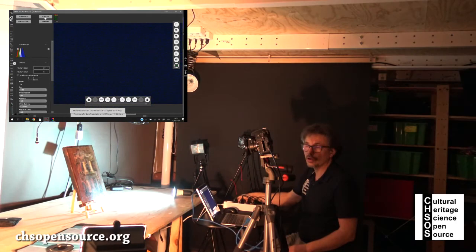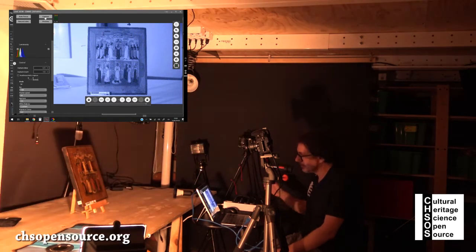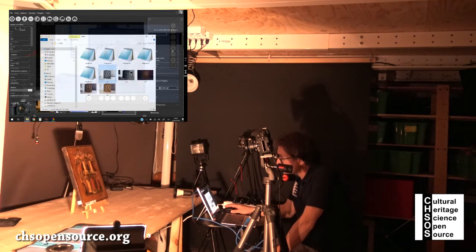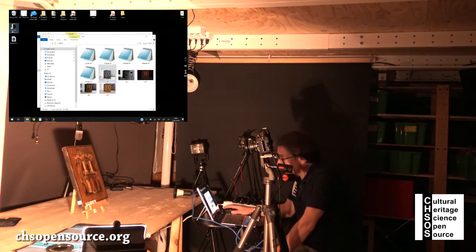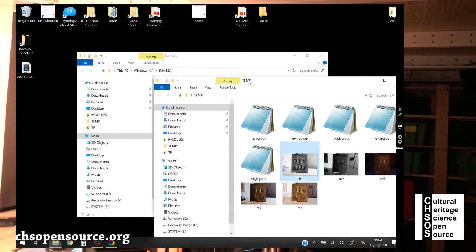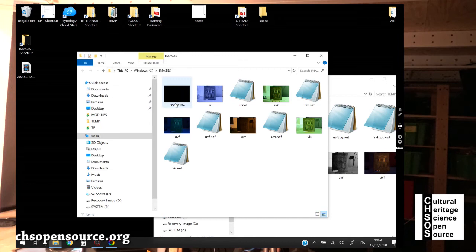Maybe we want to turn off some halogen lamp to make some light. Okay, at this point we can close the live view and the image should be in the IR images folder. So there it is. Okay, this one, it's a black, of course, so we want to edit